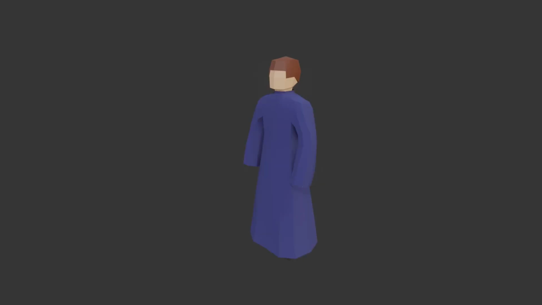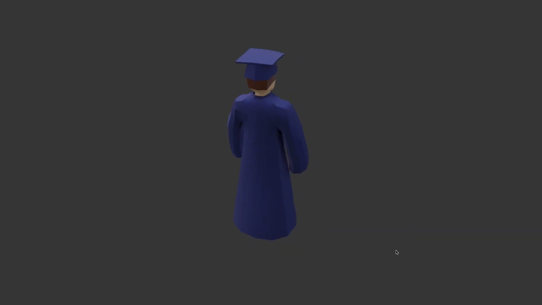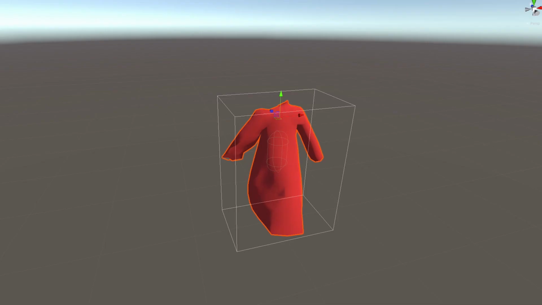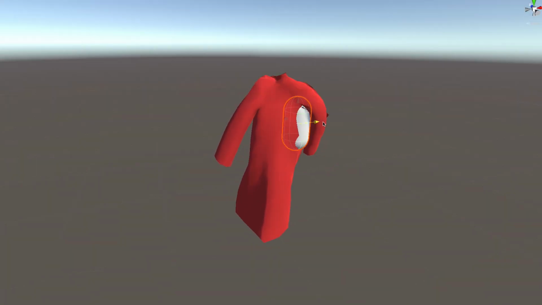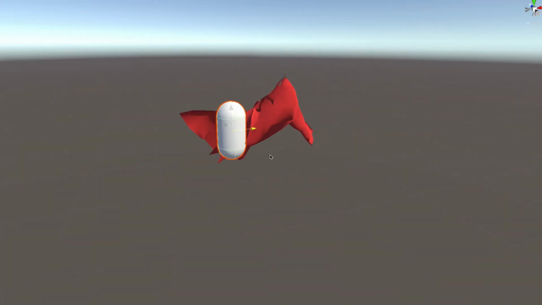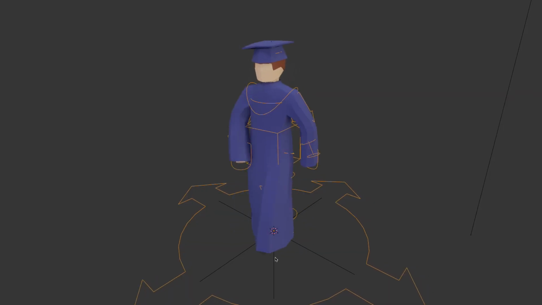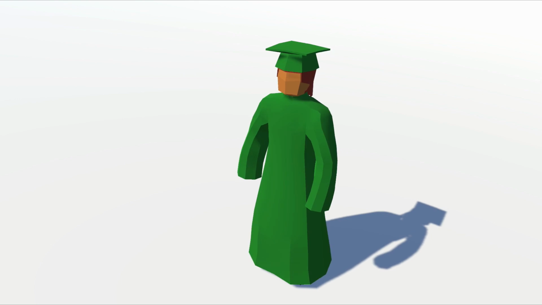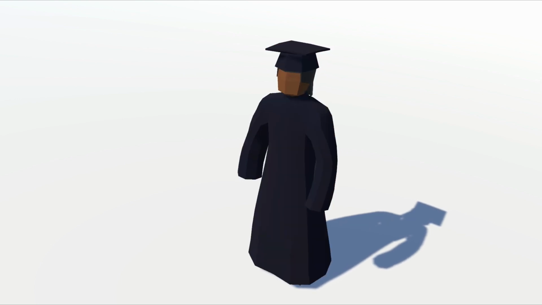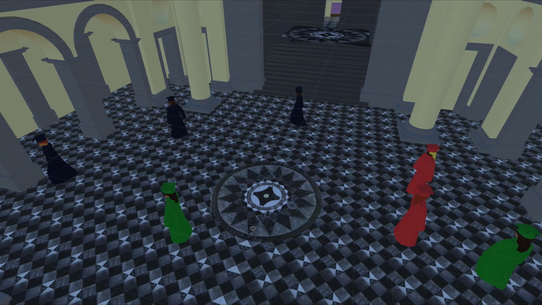I created a robe and hat to wear at the ceremony. And of course pyjamas, to wear under your robe. I was going to use complicated cloth physics to simulate the movement of the robe, but after some toying around, it didn't really work all that well. So I just rigged it up together with the character. Much easier. No one graduates alone. So I could use a creative variation to generate different types of character to sprinkle around the building.